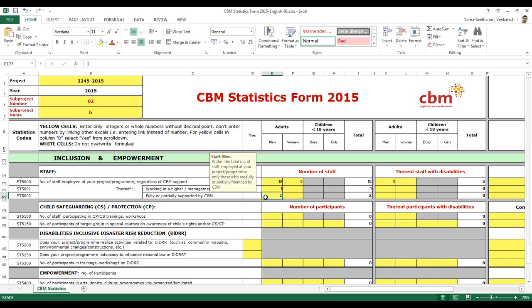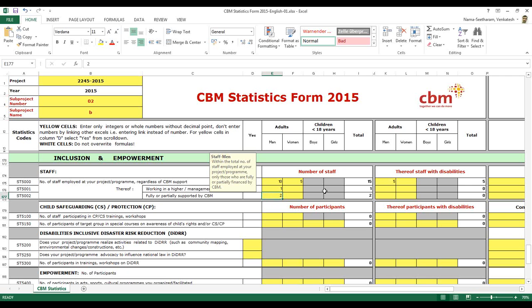Again I repeat, if there are five nurses working for the project, and for all the 5 nurses CBM is supporting only 25% of their salaries, you can count it as 5, because even partial support by CBM is counted here. So regardless of the percentage, we look at partially supported as the bottom line. Yeah, that would make the life of the projects also easier.